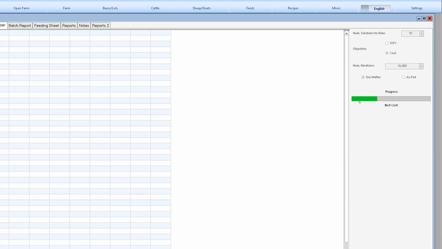One thing to note is if it cannot find solutions that meet all of the constraints, it will run through all of its iterations and then return a series of diets that are suboptimal. And then you can evaluate which nutrients it failed on.